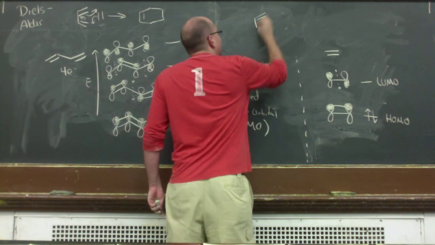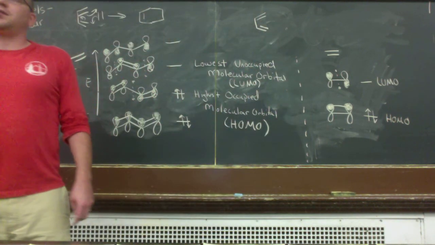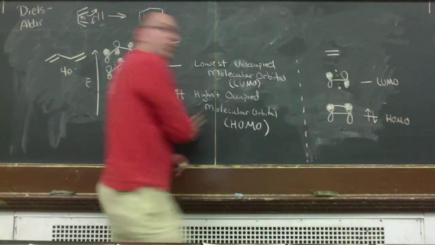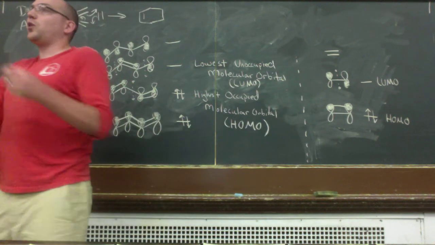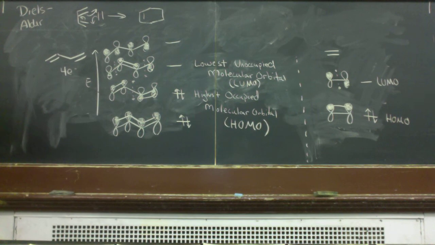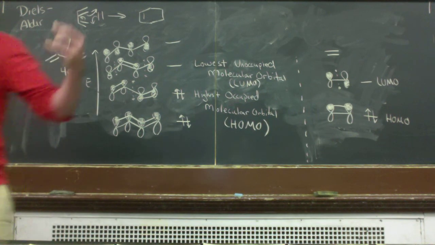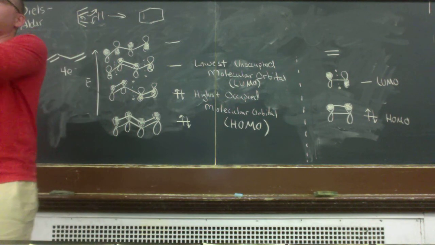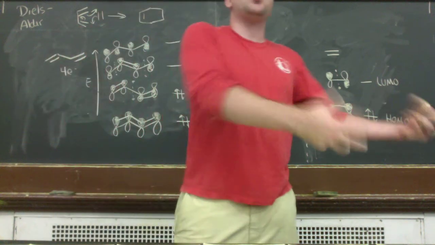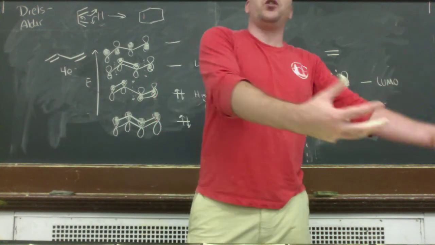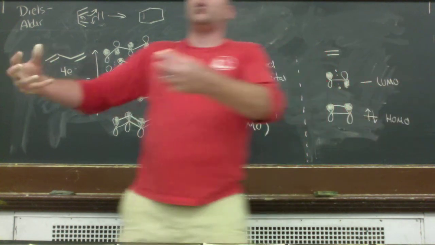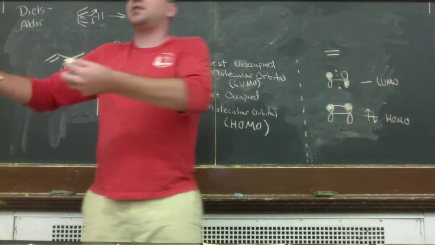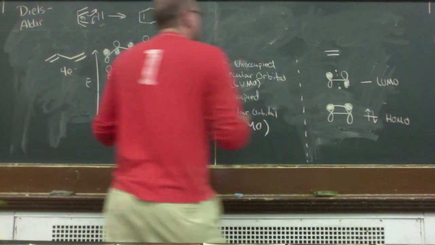But in general, if we start thinking about the chemistry that's going to take place in this system, it's not going to take place between the HOMO and the HOMO, right? What we're going to do is take the highest occupied molecular orbital of one, and react it with the lowest unoccupied molecular orbital of the other. The highest energy that has electrons makes sense to react with the lowest energy one of the other that doesn't have electrons, right? You want an area where there's availability of electrons, and you want the other one that has electrons in the highest state, right? So the lowest energy without electrons in one, the highest energy with electrons in the other. Okay, so when a Diels-Alder reaction takes place,